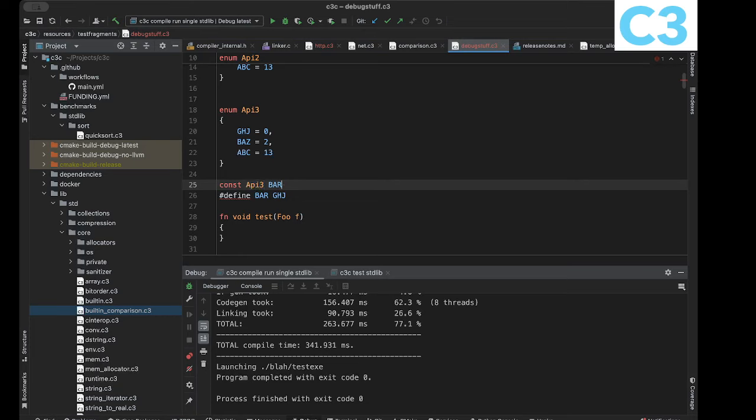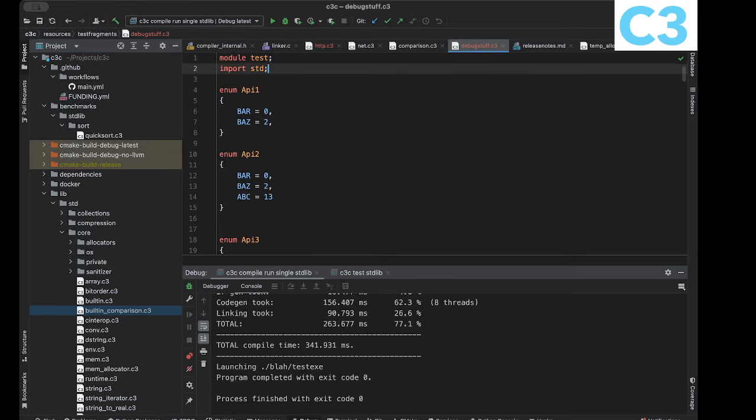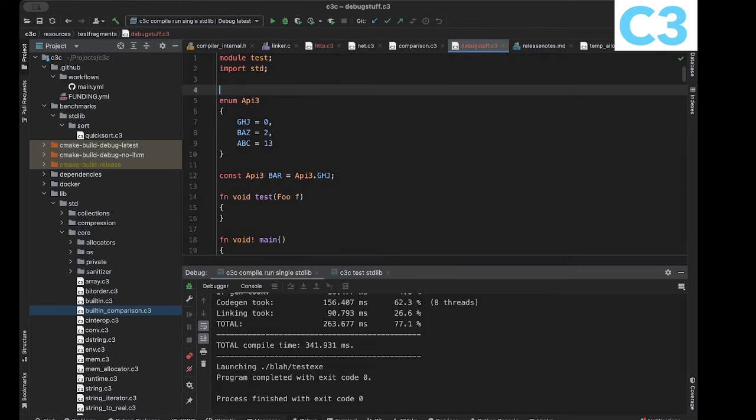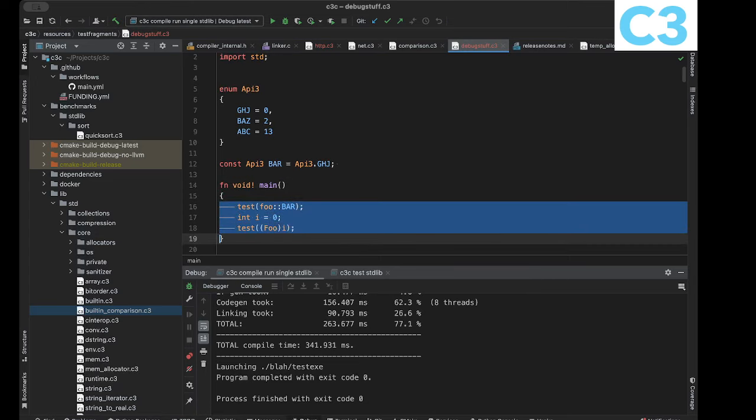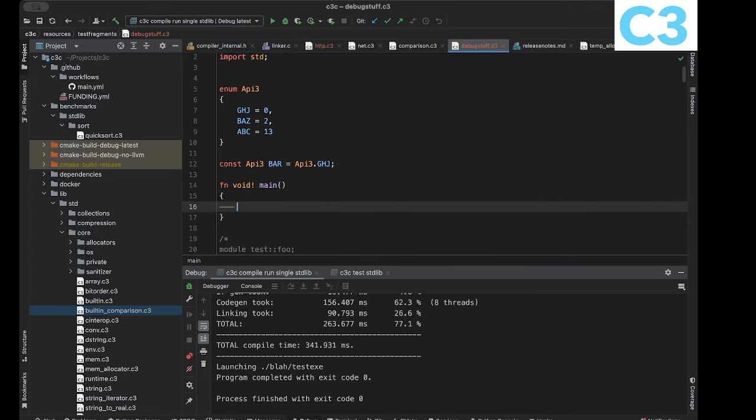So let's say we really have this, then still they would be used differently. So if I would do a switch over this API 3, then